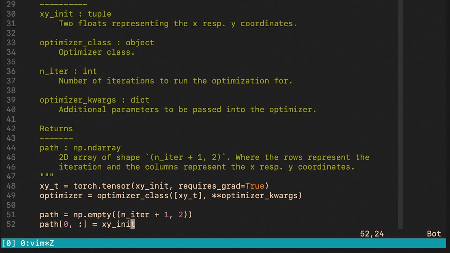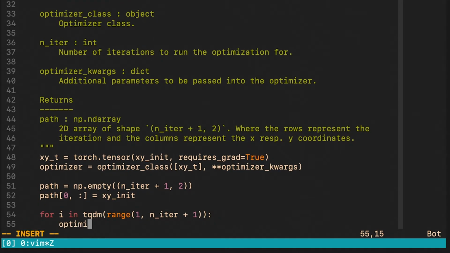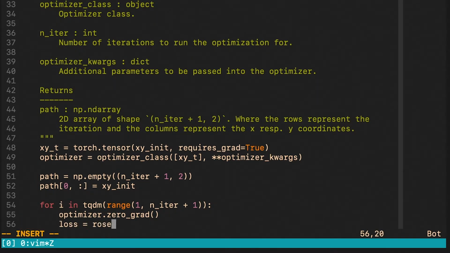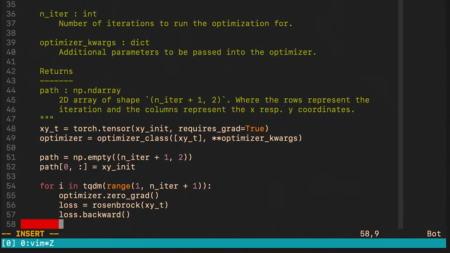We initialize the path array and we populate its first row with the initial x and y. We then compute the loss, which is just the value of the Rosenbrock function at a given point, and we compute the gradients by calling the backward method.